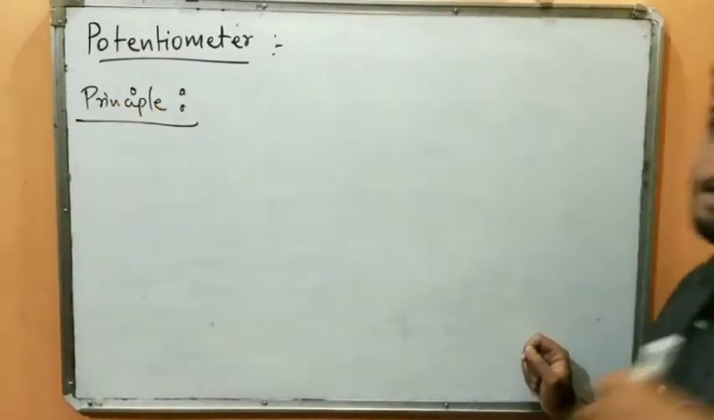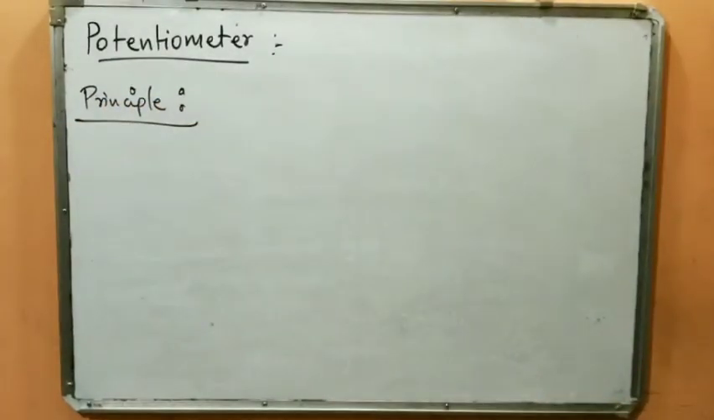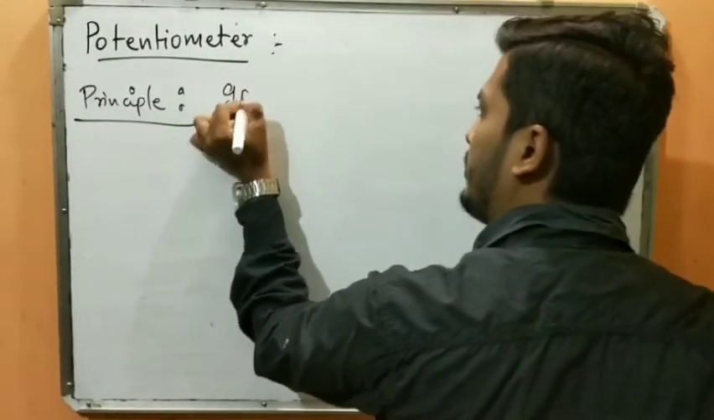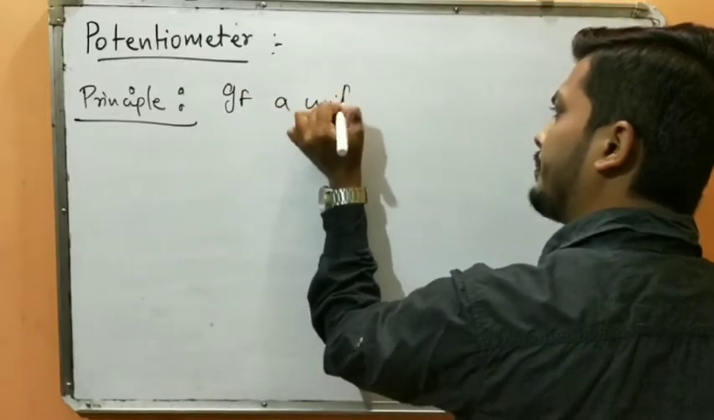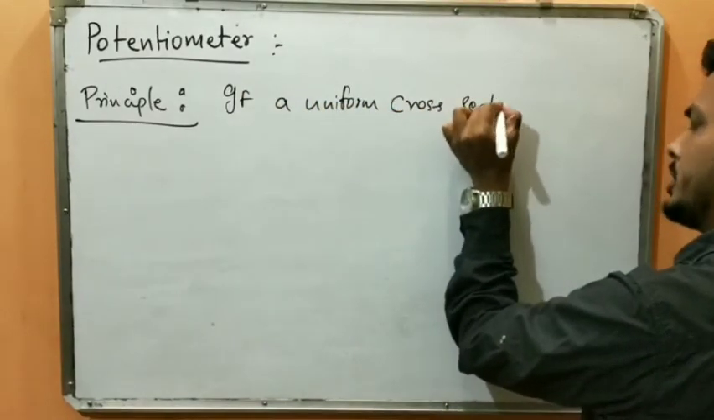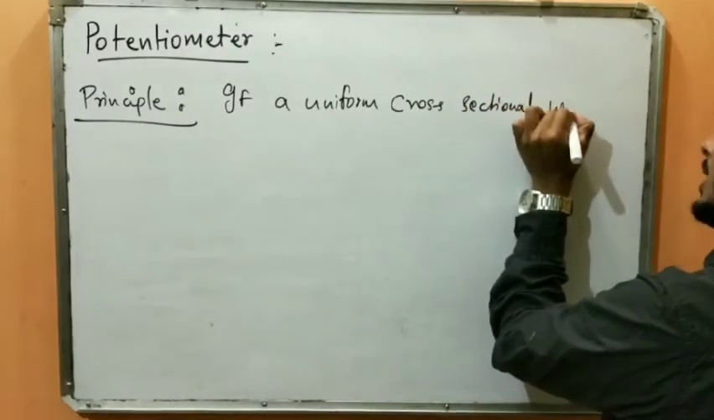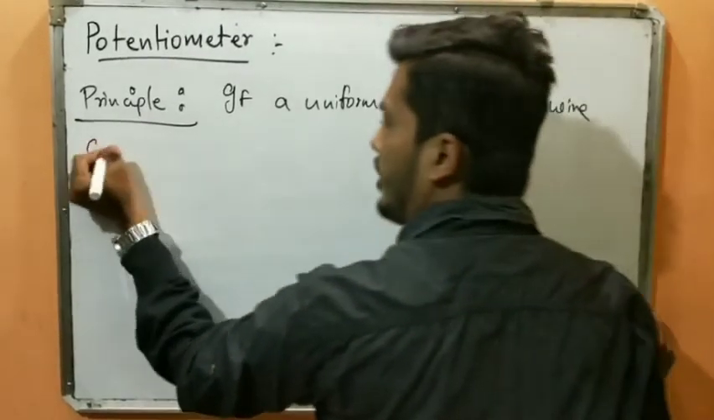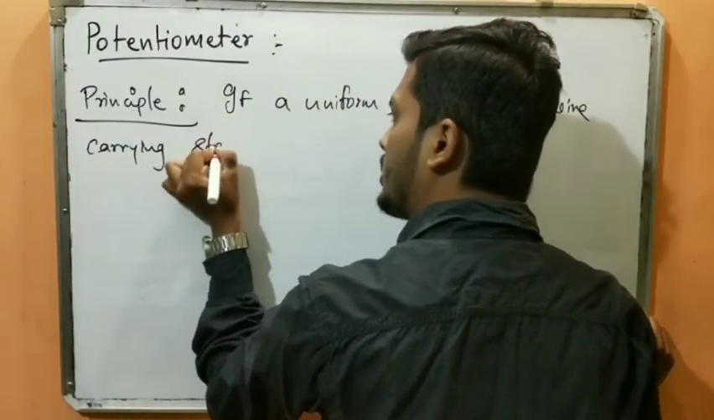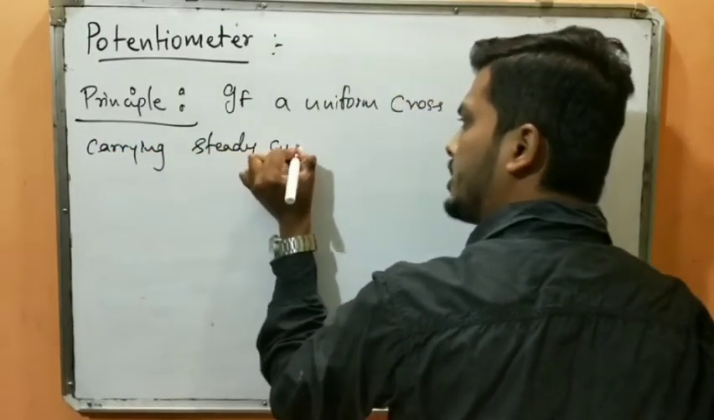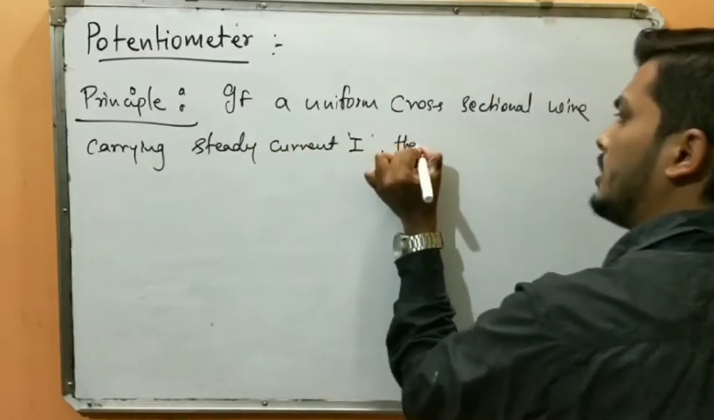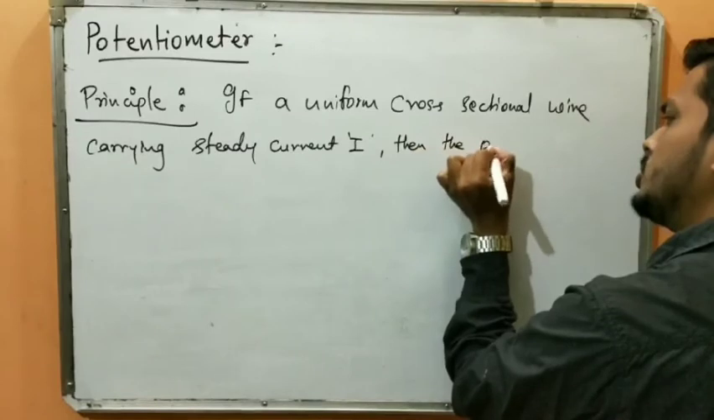Okay, then later I will tell you how exactly it looks. So potentiometer, what it tells you, if I write, if a uniform cross-sectional wire carrying steady current, this is very important, carrying steady current I, then the potential drop,